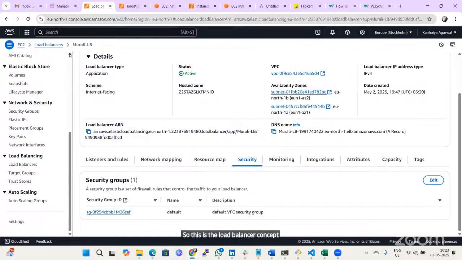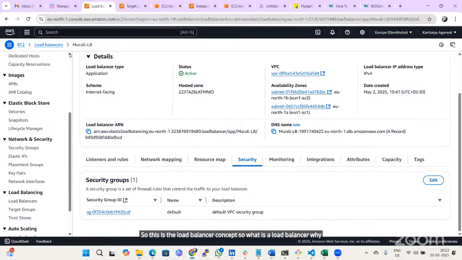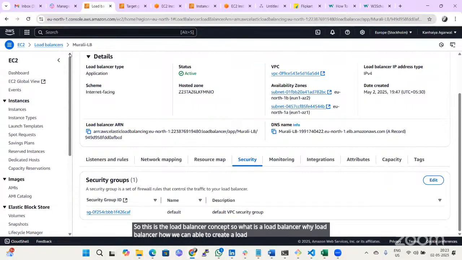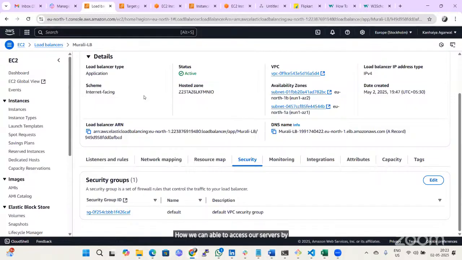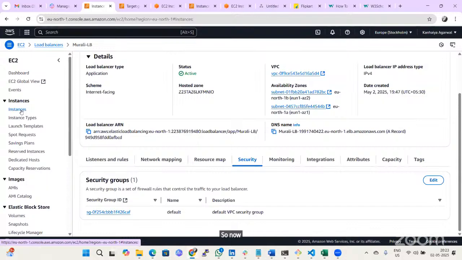So what is a load balancer? Why a load balancer? How can we create a load balancer? How can we manage traffic between the servers? What is a target group? How can we create a target group? How can we access our servers by using the load balancer DNS name? So now the thing is, you can understand about